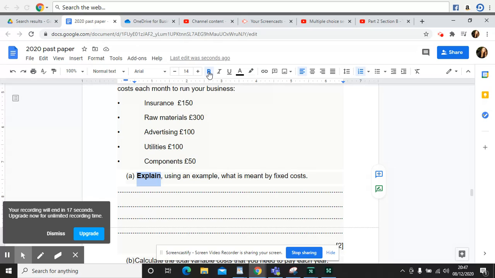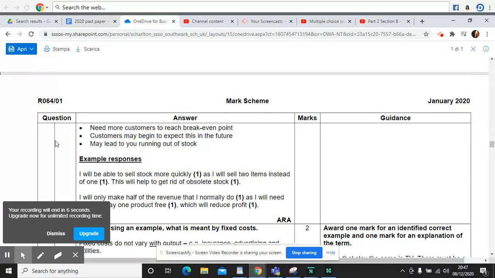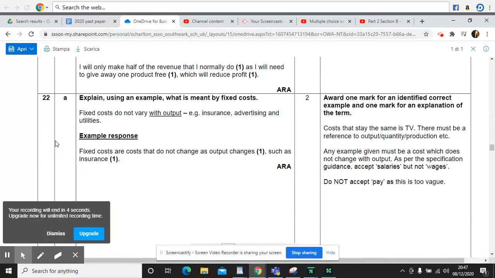So you can say something like, fixed costs are costs that do not vary with output, for example, insurance, advertising, and utilities. And this means that as more items are produced, these costs do not increase. Okay, so remember with this explain question, you absolutely have to give a bit more than just a definition. Okay, so let me see the way question's about to end. Have a look at this, girls. Fixed costs